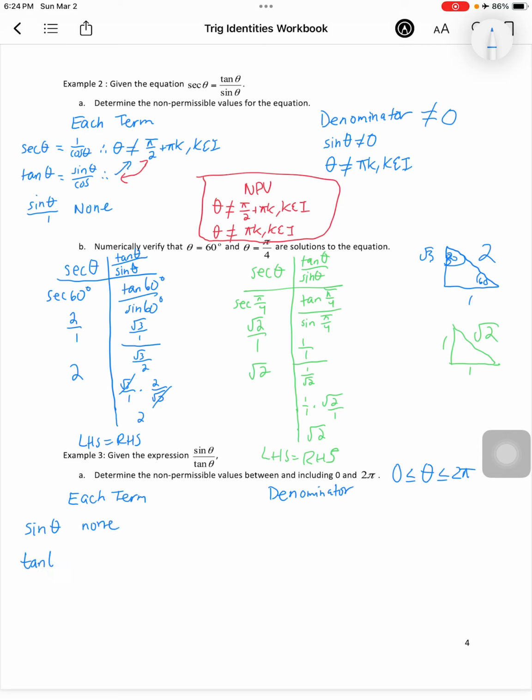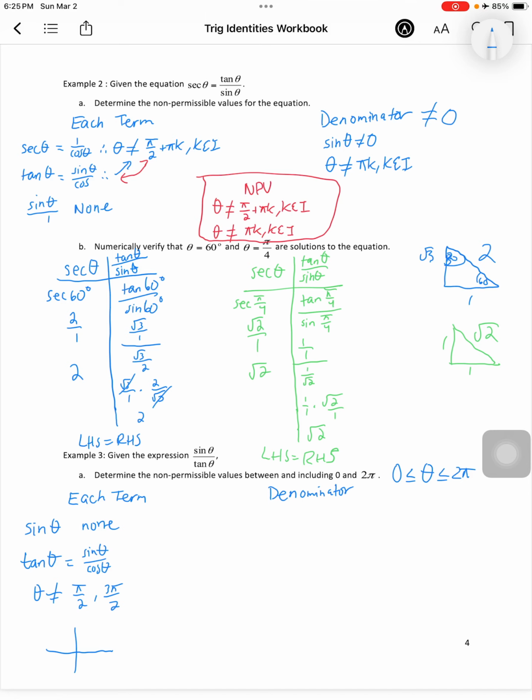For tan theta, it is equal to sine theta over cos theta, which means cos theta cannot be equal to 0. So theta cannot be equal to pi over 2 and 3 pi over 2. And again, that just comes from the coordinates here, because cos is equal to 0 at pi over 2 and 3 pi over 2. And now, for your denominator,